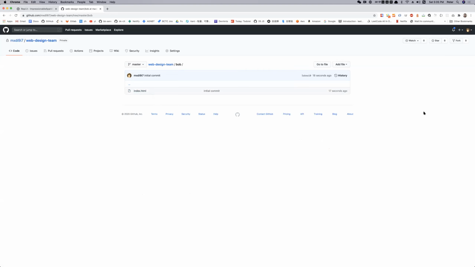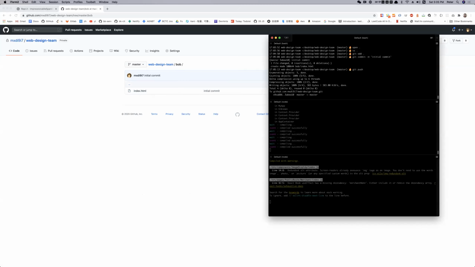So I have the Bob folder here, index.html. Hello? Yeah, what's up? My only problem was that I had my file, and for some reason it did not connect to my Git. You had a file, but it didn't connect to your Git. I don't know if that makes any sense. Okay, so first thing you gotta do is git add and git commit homework, git push. I just posted it in our chat. Make sure you see it. These are all the things that you need to do.